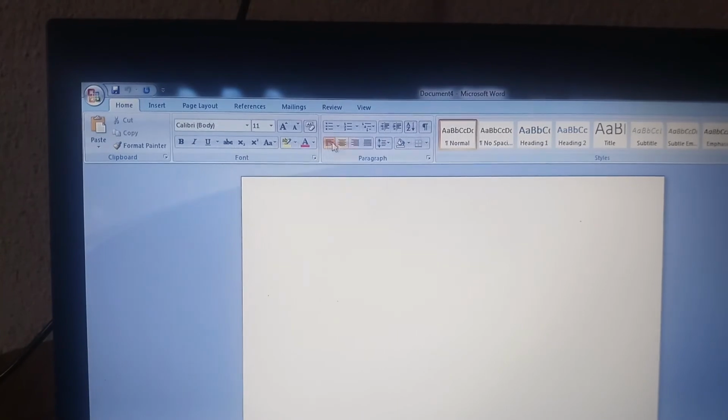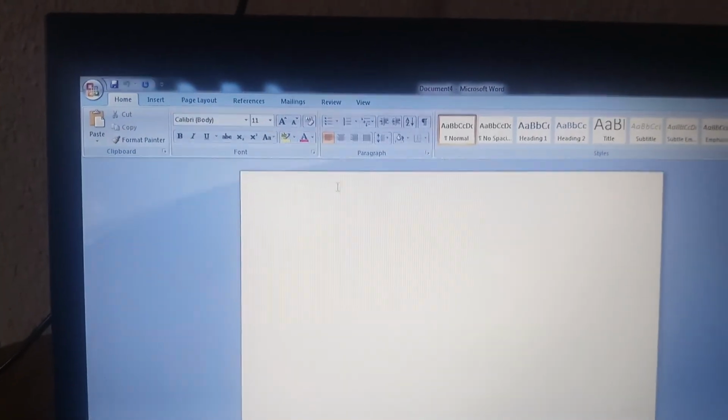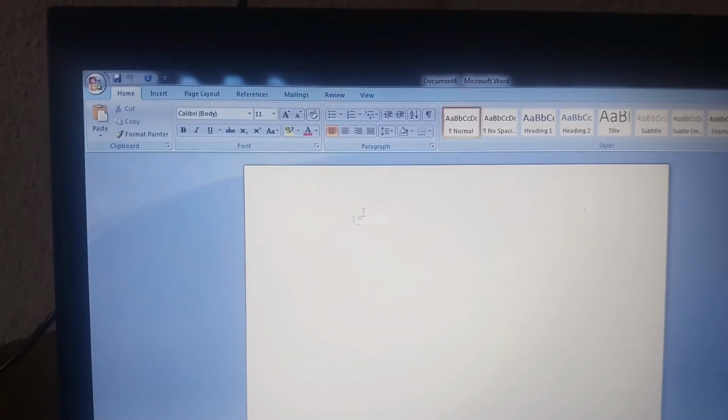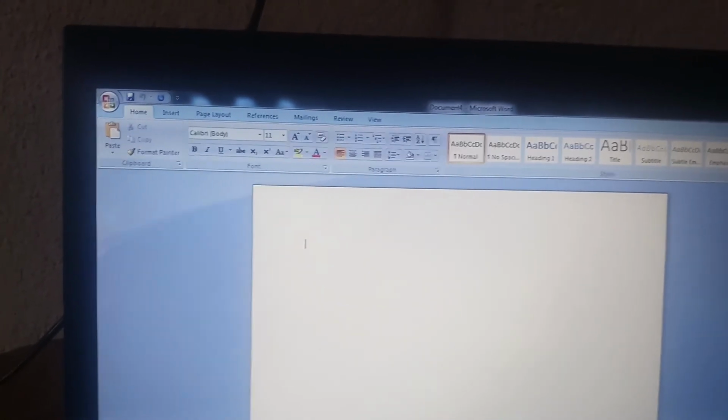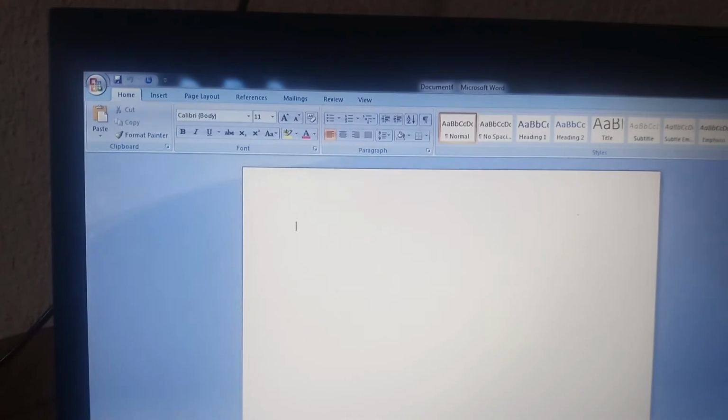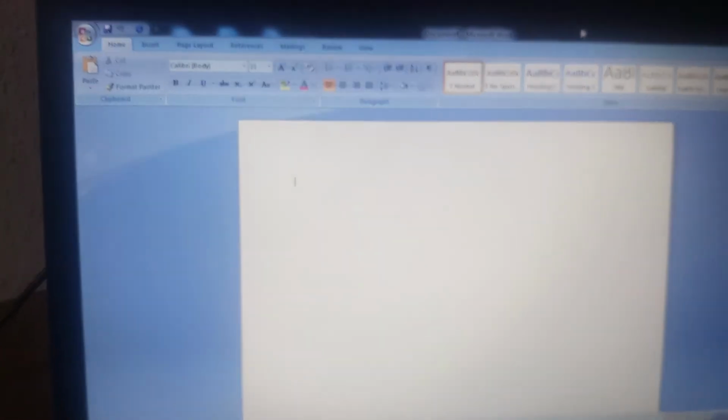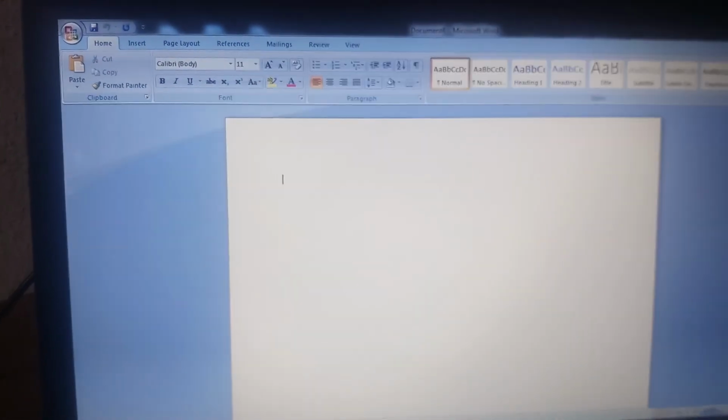While using this toolbar as well as the menu bar, we can create a new template and save it in the templates in MS Word itself. So this is about templates in MS Word in short.